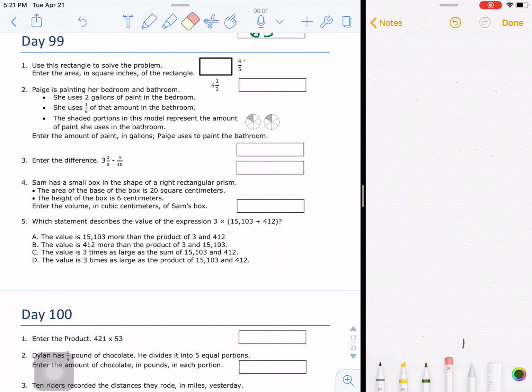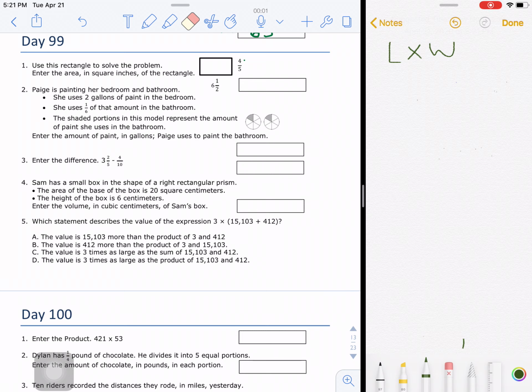Problem number 1. Use the rectangle to solve the problem. Enter the area in square inches of the rectangle. So area of a rectangle is length times width. So let's take a look at our two dimensions, and it doesn't matter which you multiply